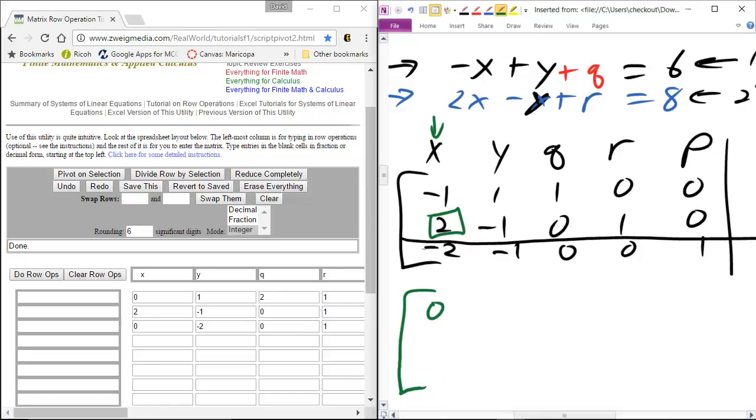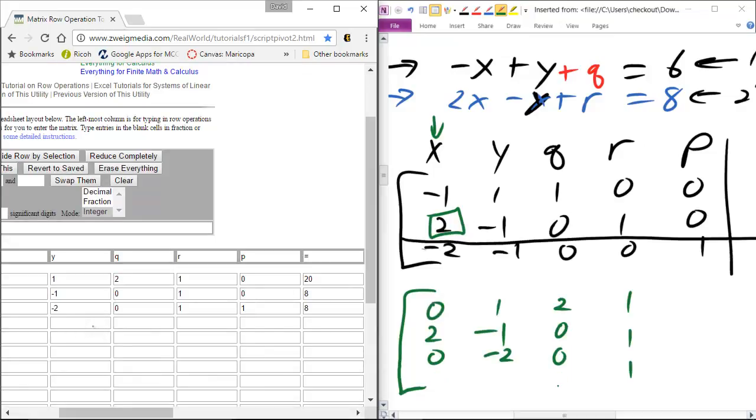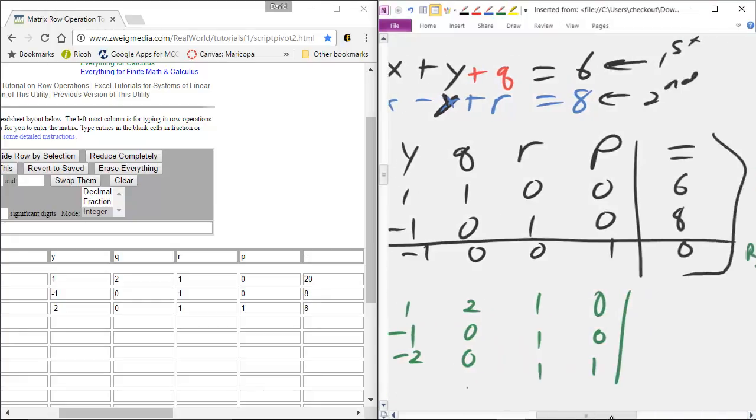I have 0, 2, 0, 1, -1, -2. Let's see, 2, 0, 0, 1, 1, 1. And then, let's see, that was R. So P is 0, 0, 1. And then last but not least, we're looking at